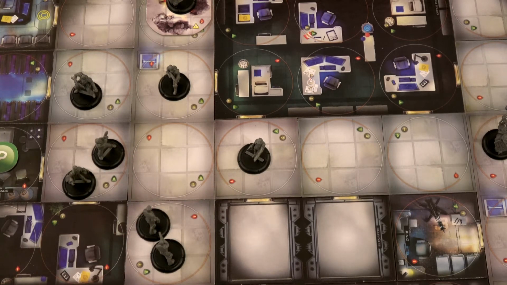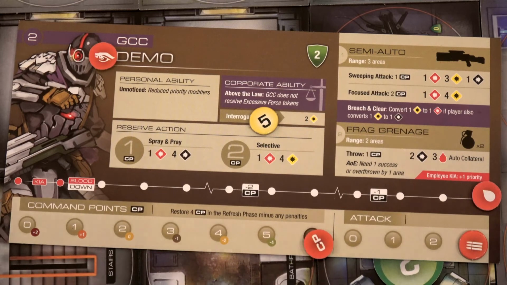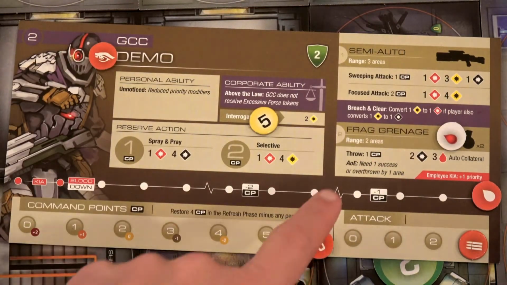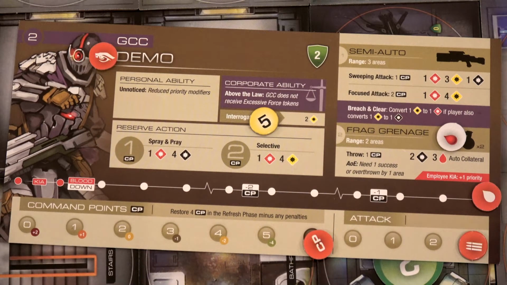So our final one to go is our demo. He's going to be the fun one. We're going to have our demo use his frag grenades. He only has 2 of them, so I'm just going to place a token here to show that he's used 1, and what he's doing is he's going to throw it up to 2 areas. Now he gets to roll 2 collateral dice, and he does 3 auto collateral damage. That means no matter what, he's doing 3 points of damage to that room,